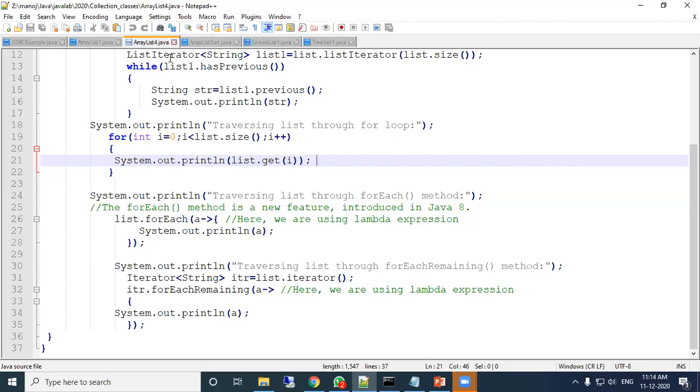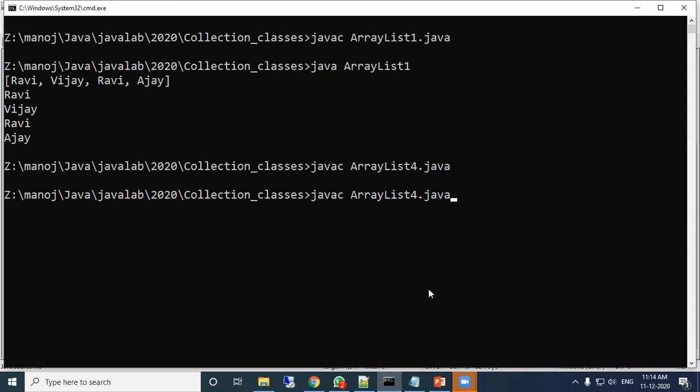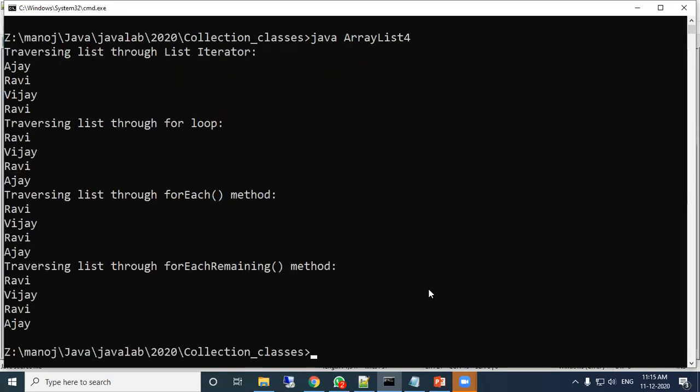So now let us execute this program, array list 4. Just see, data are stored, traversing list through list iterator, then traversing through for loop.